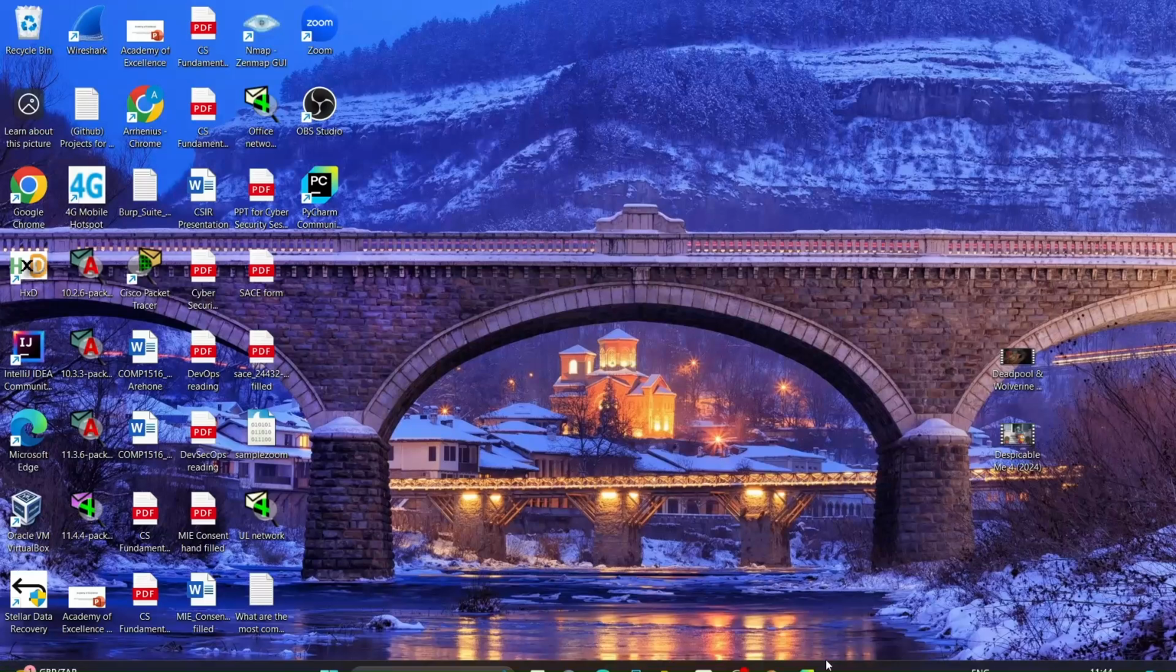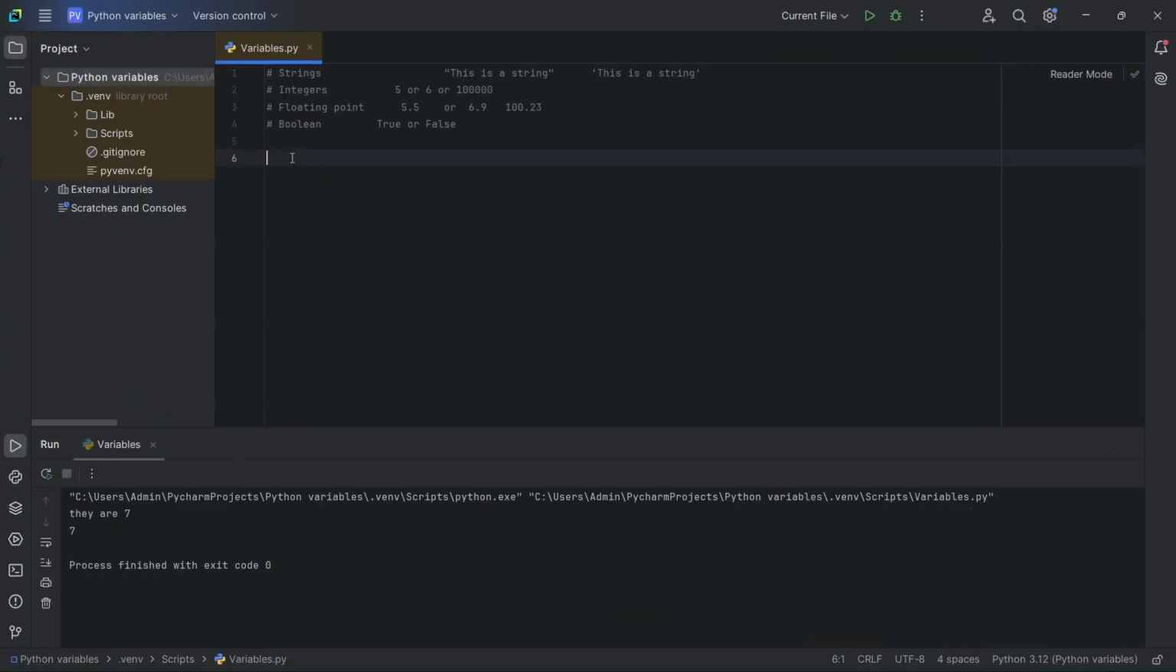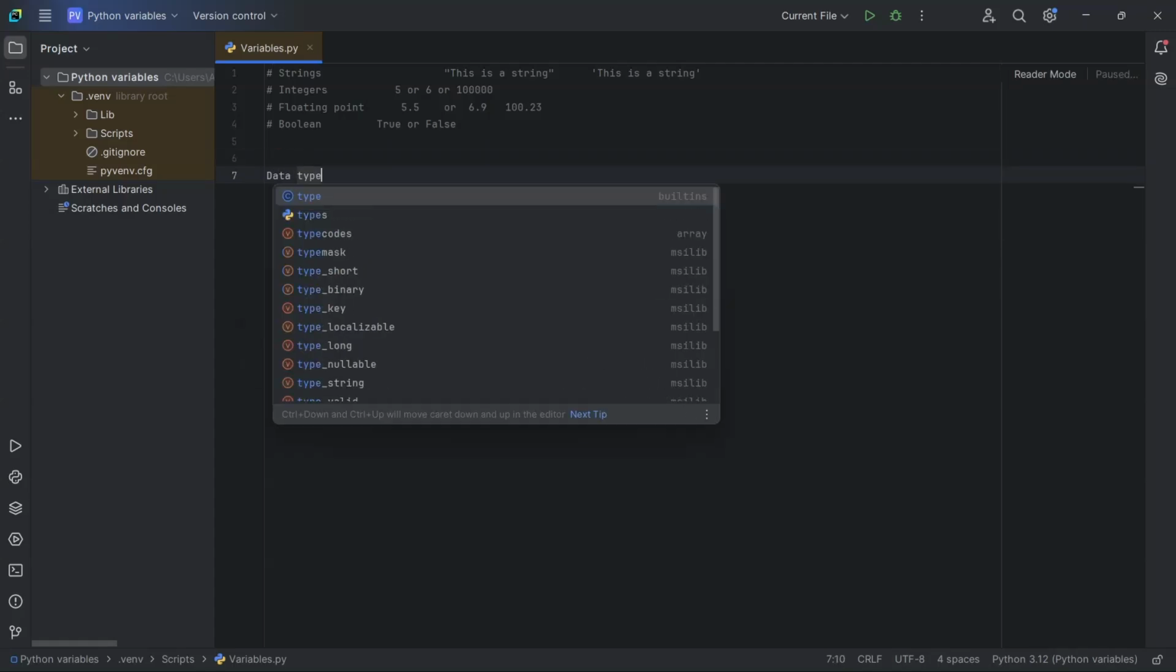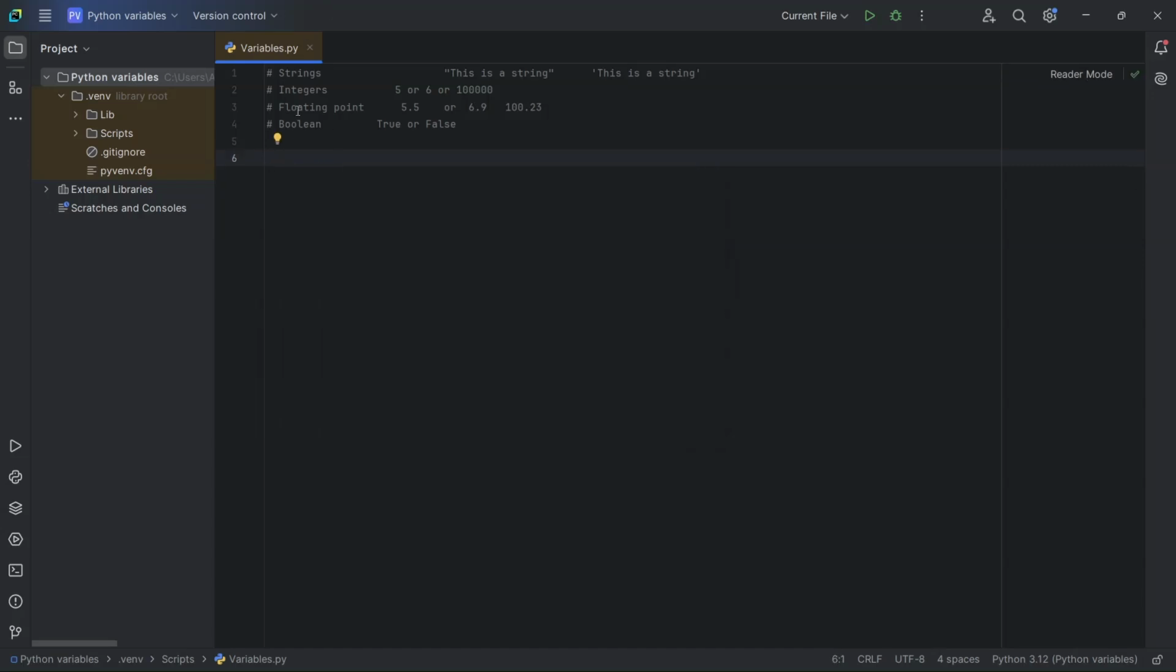I'm back with Python tutorials. So now I'm just simply going to show how to work with Python data types. Python data types and variables. So as you can see here, we have strings, we have integers, we have floating points, we have Boolean. So when it comes to strings